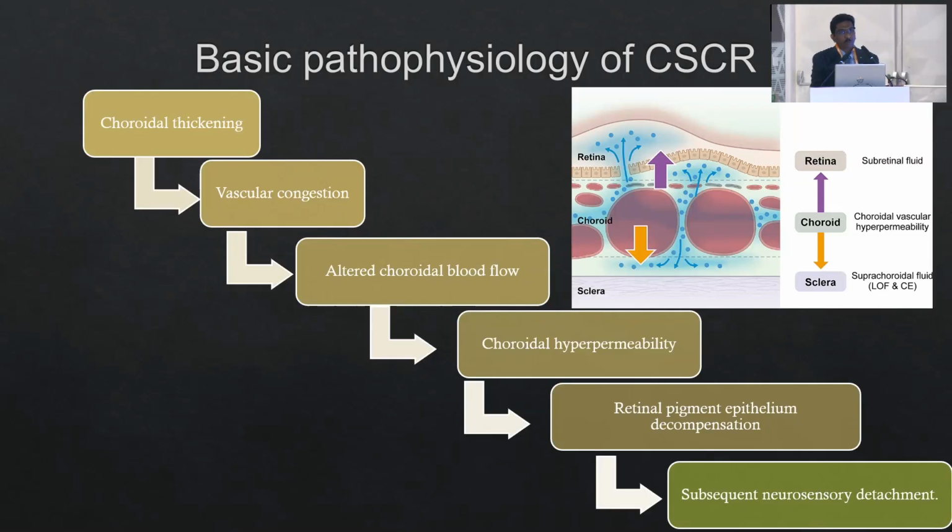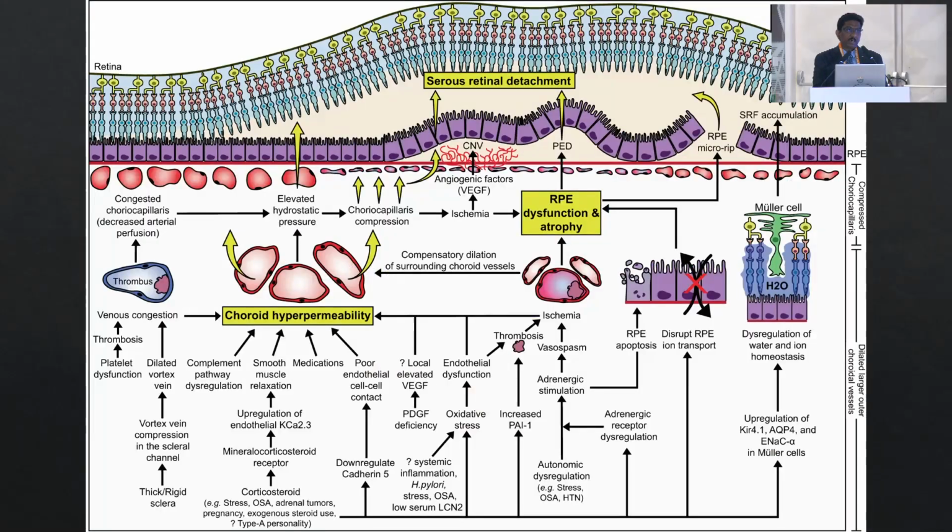So now again, we have to go back to the pathophysiology. This is the basic pathophysiology that we are all very much aware of in chronic CSR, wherein there is a choroidal thickening, vascular congestion, altered blood flow, and choroidal hyperpermeability. Now, this is what we started with as a basic. But if you look at it, this is a very busy slide. So this is all the various pathophysiology that can be involved in CSR, and we may have to look at all these things because it is a chronic CSR now, not acute CSR,